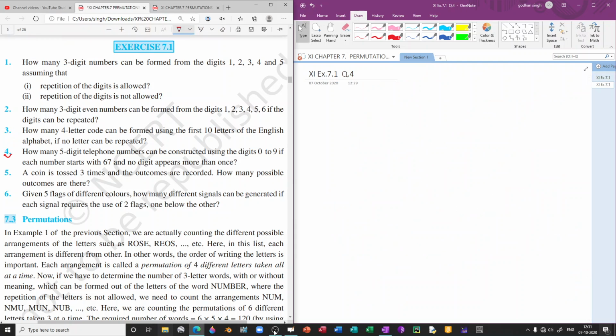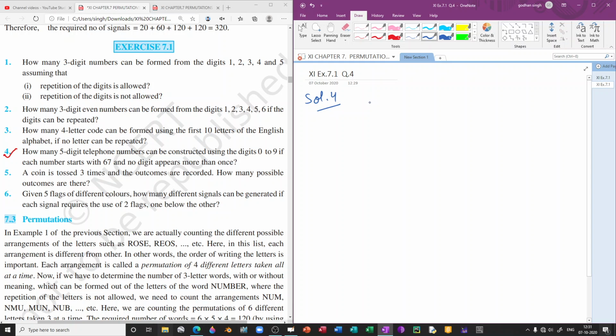Question number 4. How many 5-digit telephone numbers can be constructed using the digits 0 to 9 if each number starts with 67 and no digit appears more than once? So solving question number 4,